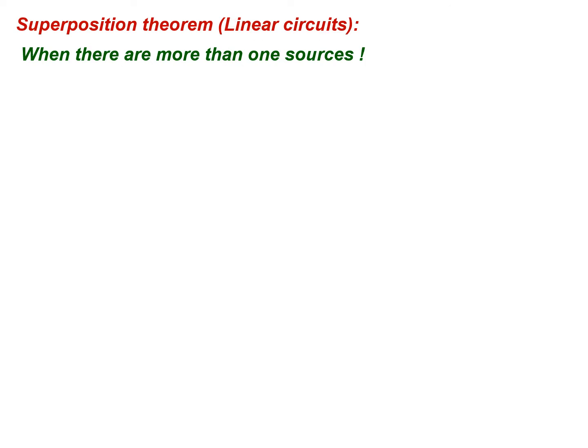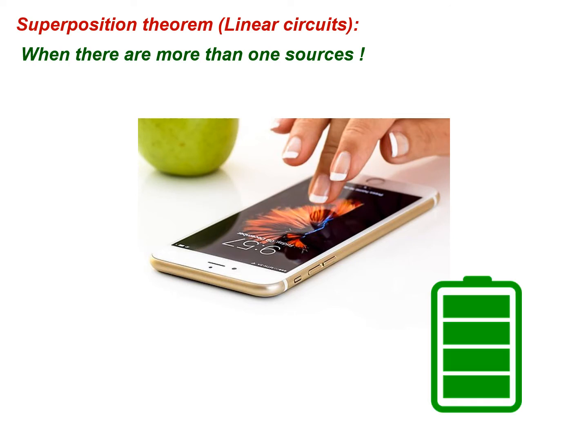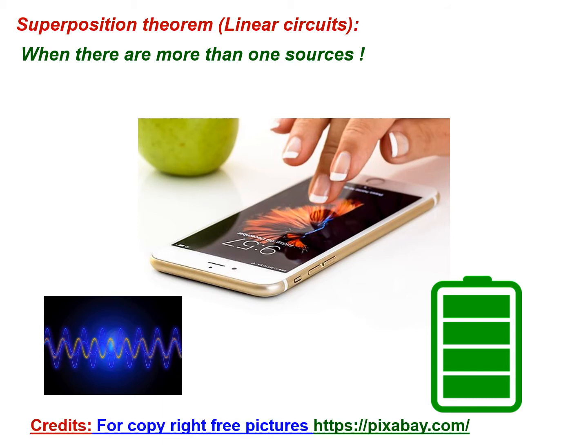Let's just start with an example that we have a mobile, and you know how many sources are there in this mobile? I think all of us know that there is a battery in that. That's a DC source. And also it receives a signal. A signal is a kind of AC source. And there is a superposition of these two. They superimpose at some points. And then we have to analyze and design these circuits. At that time, the superposition theorem is applicable.